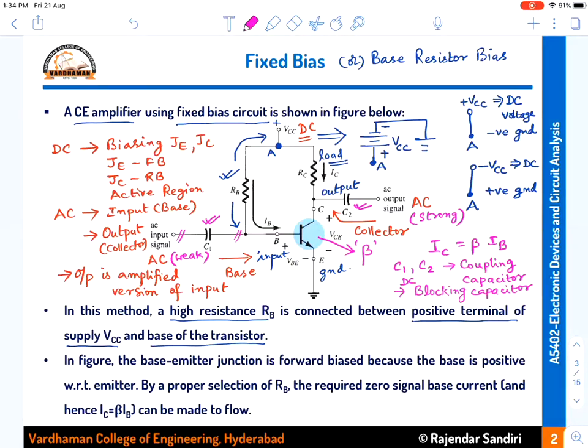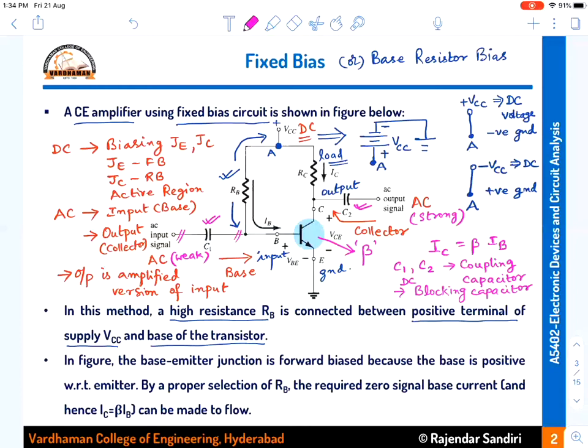So we have to choose appropriately the transistor whose beta value is maybe 50 or 100 or 150 or 200, whatever it may be, so that output current is beta times the input current. If output current is beta times the input current, voltage can be calculated across the load that we have connected by using Ohm's law. Output voltage is equal to current into resistance. Current is beta times the input, into the load resistance that we are connecting, so that output is also an amplified version of the input voltage.